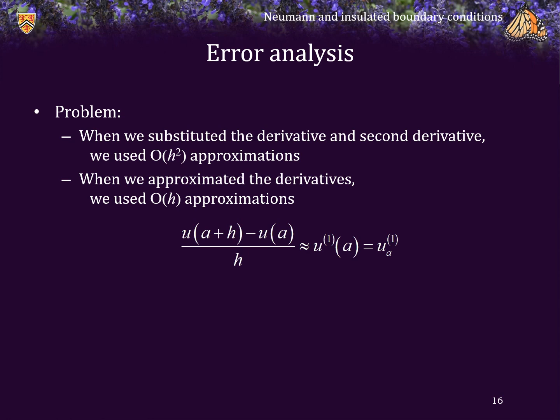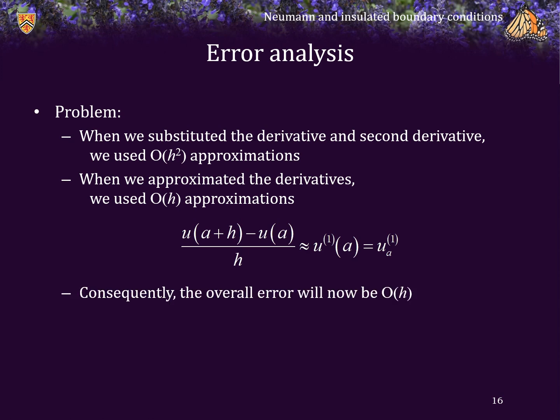However, when we were approximating the derivatives at the left-hand endpoint and the right-hand endpoint, we used order h approximations. Because remember, u at a plus h minus u at a all over h has an error that is order h. And because all of the equations are intimately related via a system of n-1 equations and n-1 unknowns,